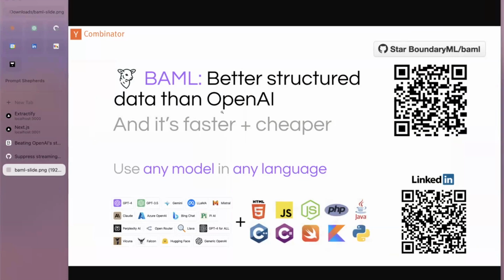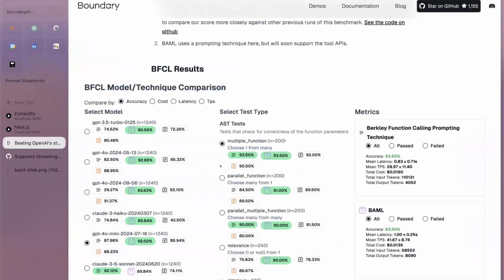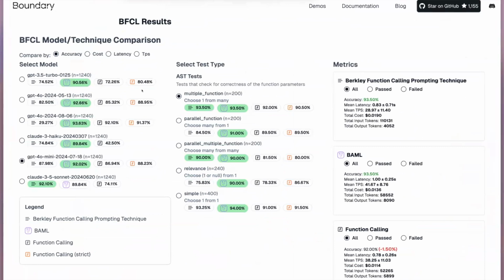The reason that we're able to do that is because we don't end up having to do some of the things. It's a lot faster. It's a lot cheaper, because we showed how many fewer tokens it is, 20 to 30% fewer tokens. And when we actually run the benchmarks, we get something really interesting. This thing over here, let's zoom in maybe, this thing over here is OpenAI doing structured generation. What we found was really interesting is GPT-3.5 with BAML, so no modifications to that model, one of the oldest models on the market, ends up on the standard function calling benchmark hitting 90% accuracy, 90.5%.